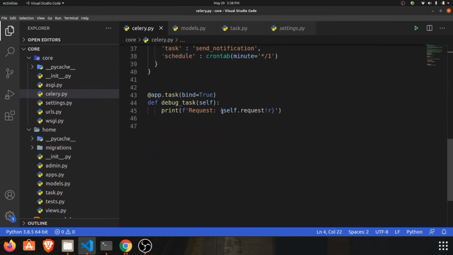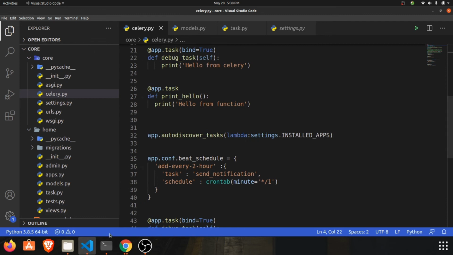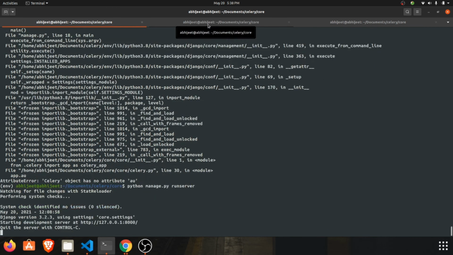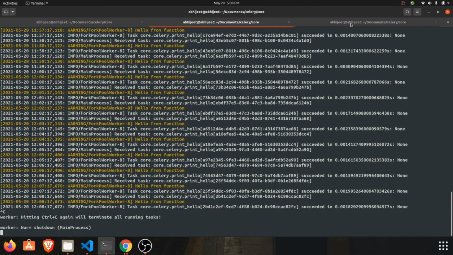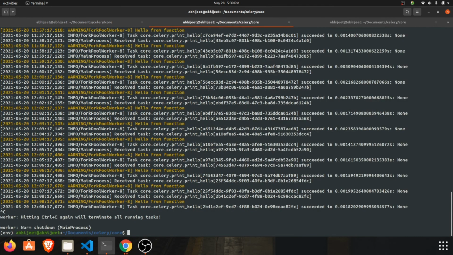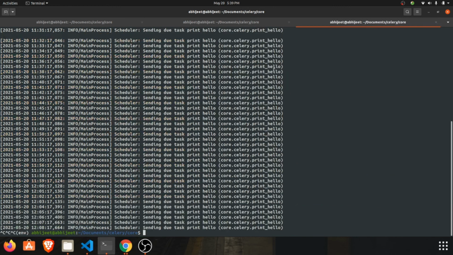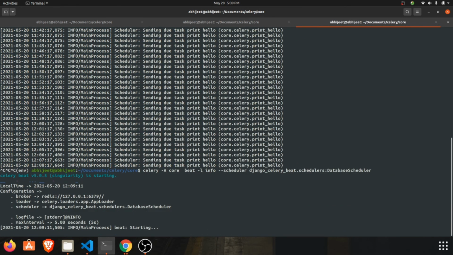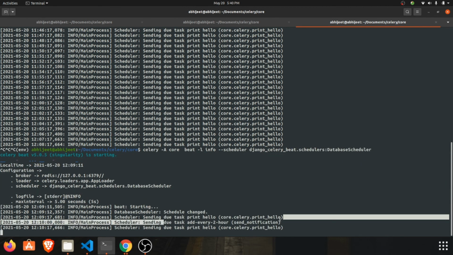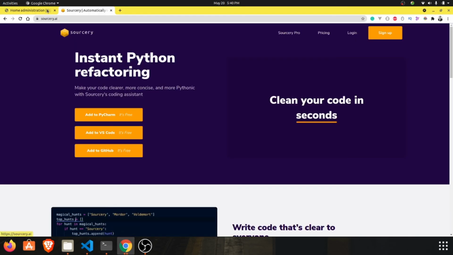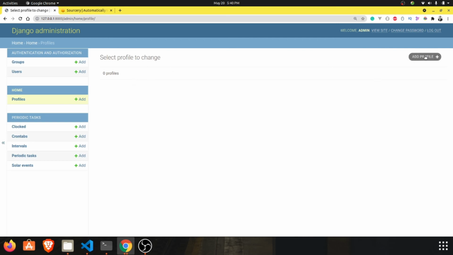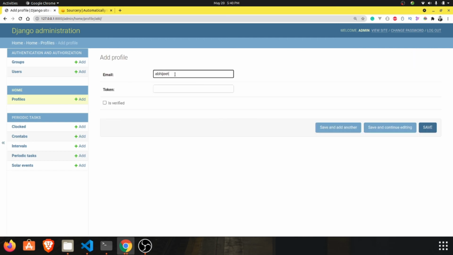So our app is now good to go, and let's run the server again and run our task. Let's run our celery beat. You can see the send notification task was called, and let's register our user in the profile section again, and write my own email.